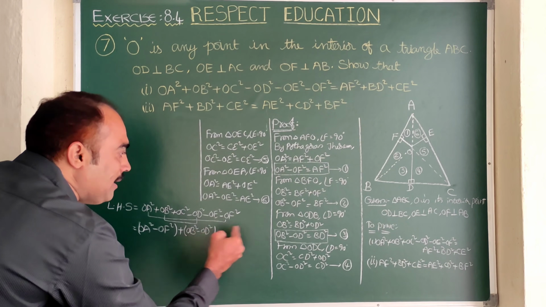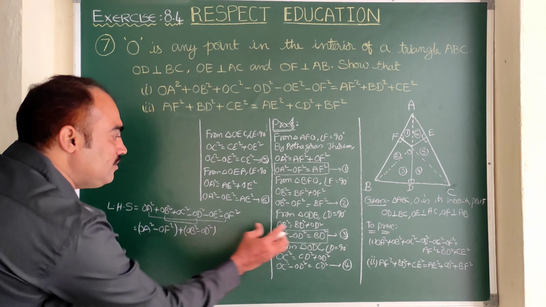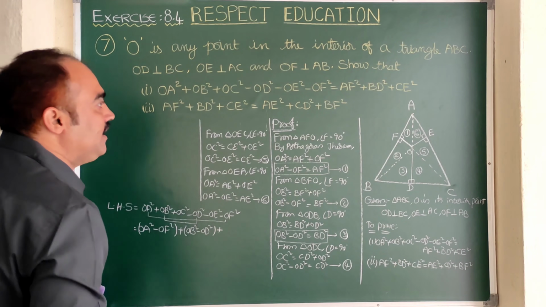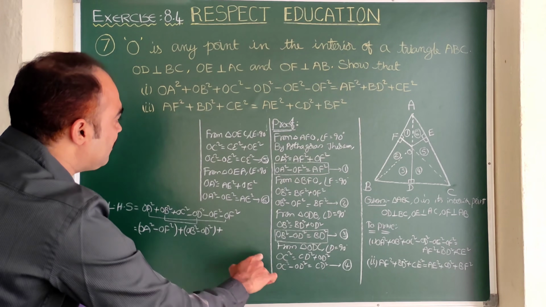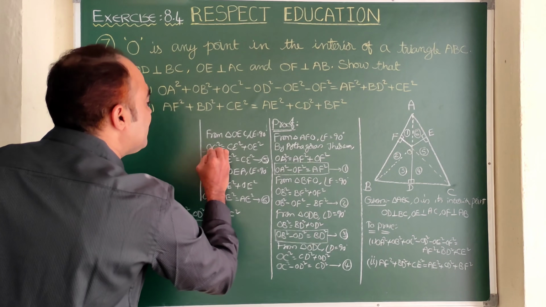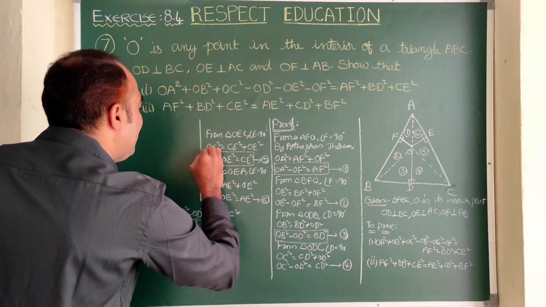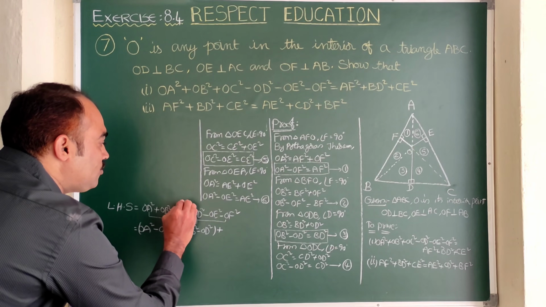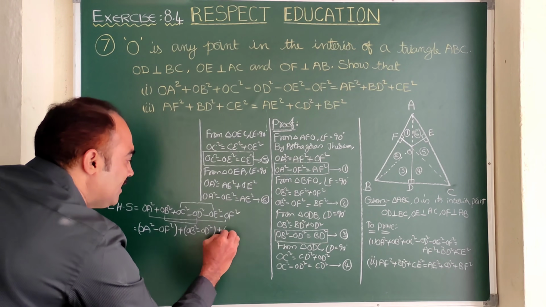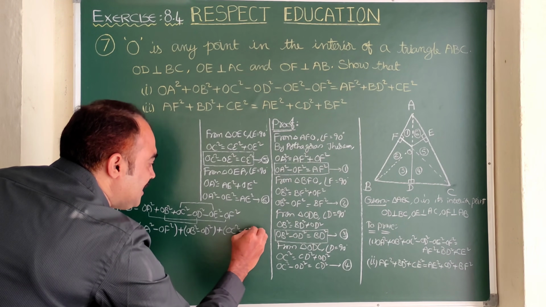In the next step, I may get the answer. So I can replace this one with BD square. Same way plus, the third one is here, I require CE square. So where do we have CE square? Here, from equation 5, CE square is OC square minus OE square. So if I write these two together, OC square minus OE square, then by the next step, I may get